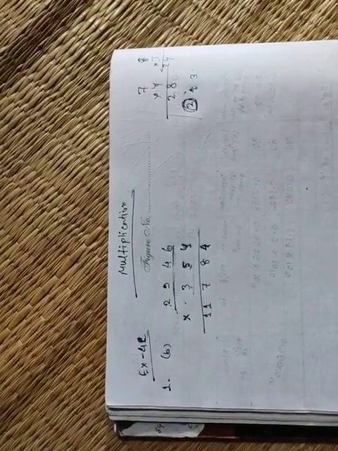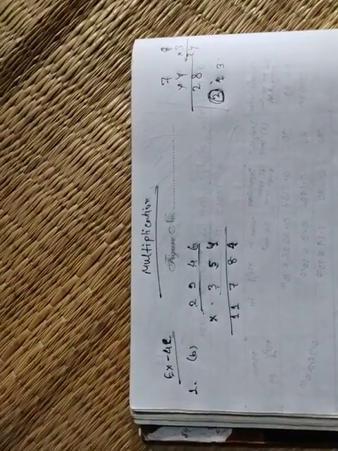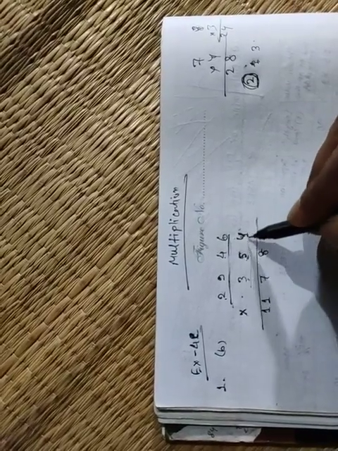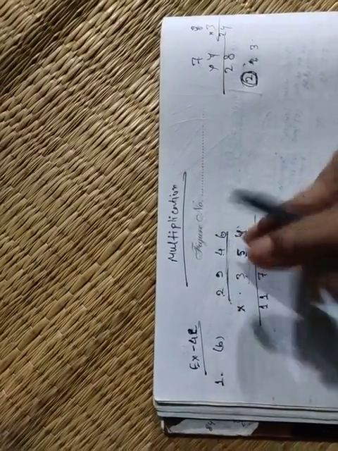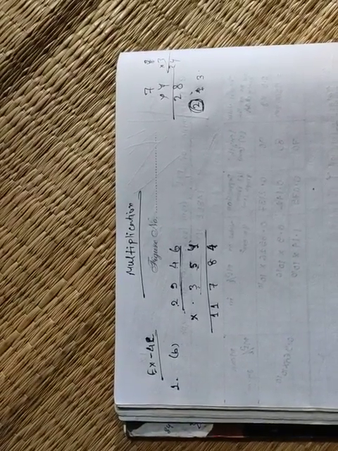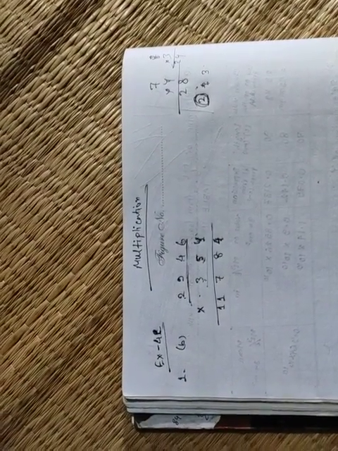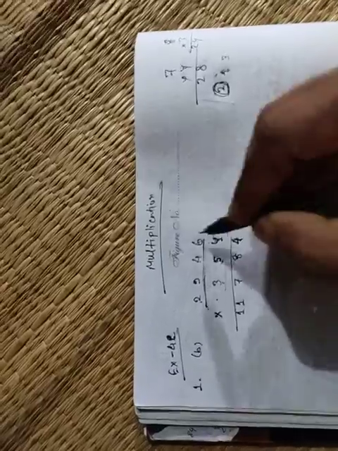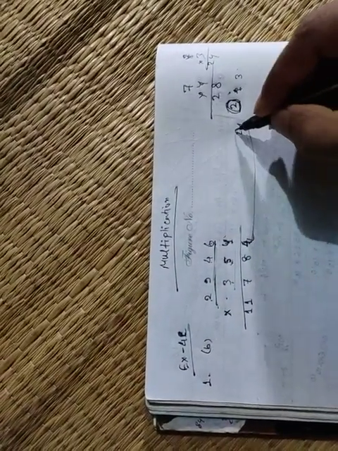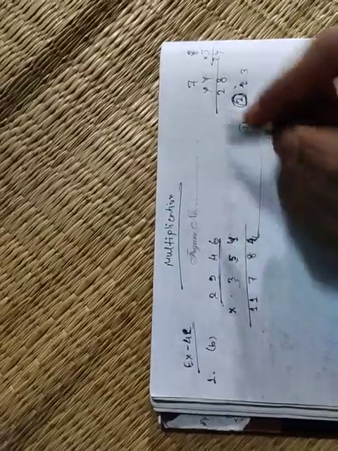Clear the process. You have to multiply one digit with all the digits of another number. In this process you can multiply easily. This is the first step. In the second step, 4 6s are 24, so 4 will sit here and 2 will be the carry. Next, 4 4s are 16,